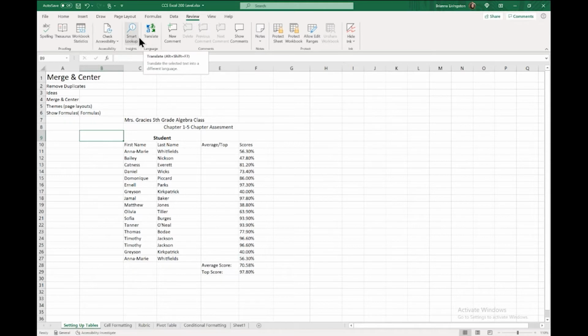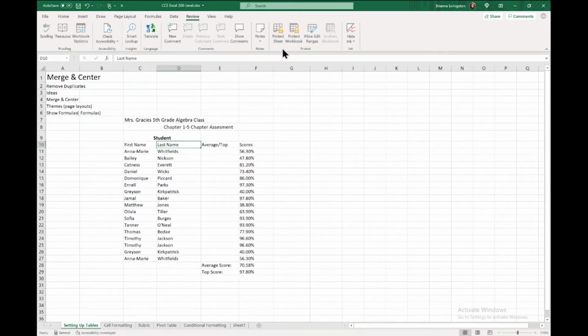Reviewing. So in this tab, you can actually leave comments. If you are working with someone in this document, I can leave a comment. I'll select whatever cell, and I'll say this is the wrong calculation. And then I can leave that comment there, and whoever I share this document with will see the little purple tab and know there's a comment in that cell. It can be a cell with data in it. The little purple tab is just going to show up in the corner here.